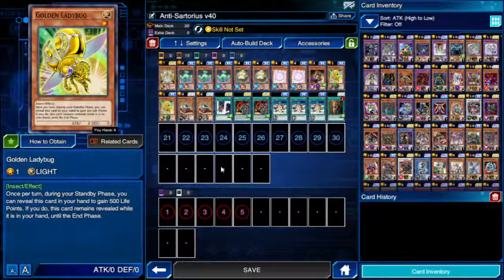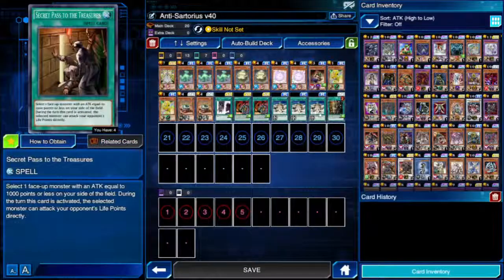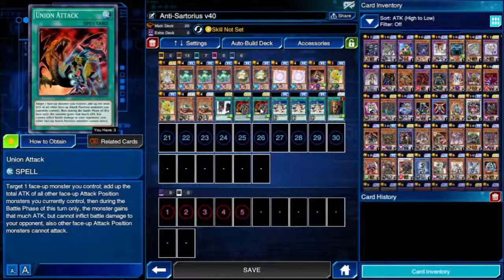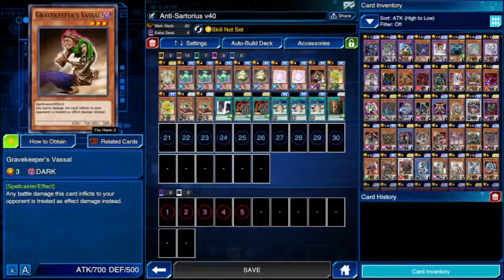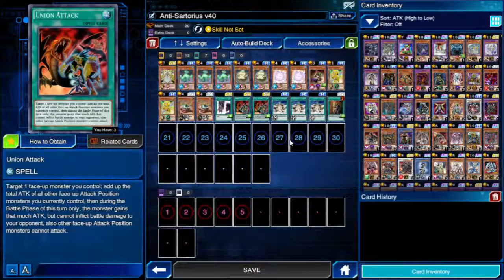So what you're going to have to do instead is rely on an older farming strategy that consists of Gravekeeper's Vassal, Secret Pass to the Treasures, and Union Attack. So, Secret Pass to the Treasures says that you select one face-up monster with an attack equal to 1,000 points or less on your side of the field, and it gets to attack directly this turn. Vassal only has 700 attack, so you use Secret Pass on him, and then you activate your Union Attack, which basically gives Vassal